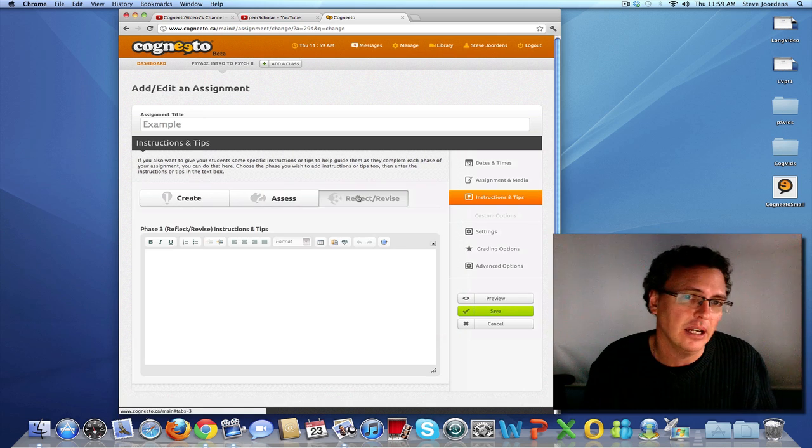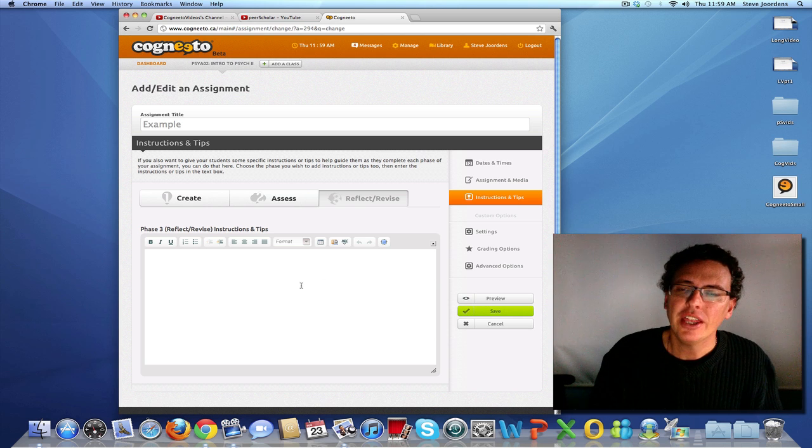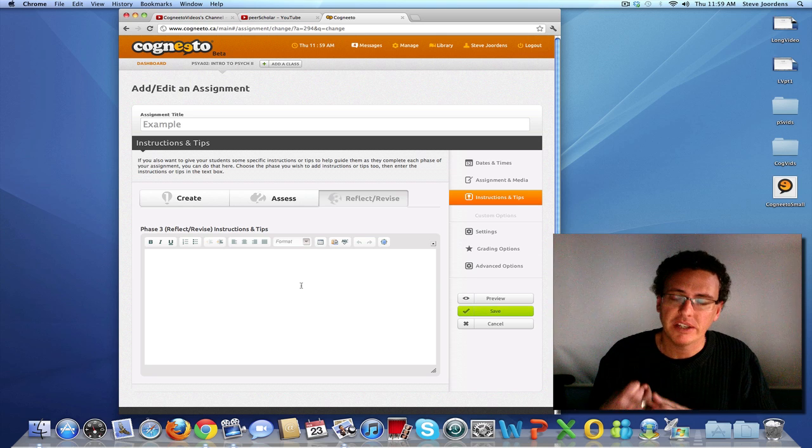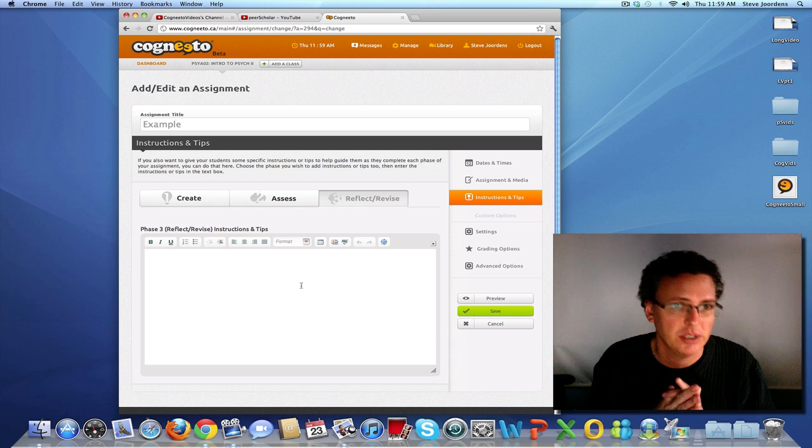and again, similarly on the reflect phase, here you would put in exactly what you want them to see in the reflect phase. Okay. In many cases, that can be all you really have to do. Specify the dates, specify the overall assignment, and then give phase-specific instructions and tips, as we've just described. But there's a lot of other things you can choose to do as well,